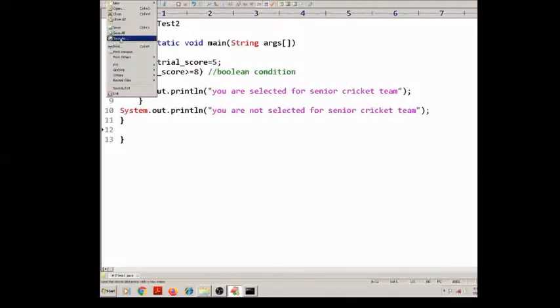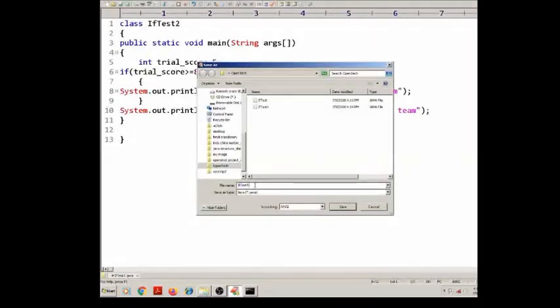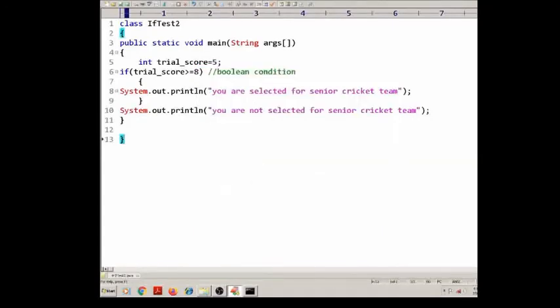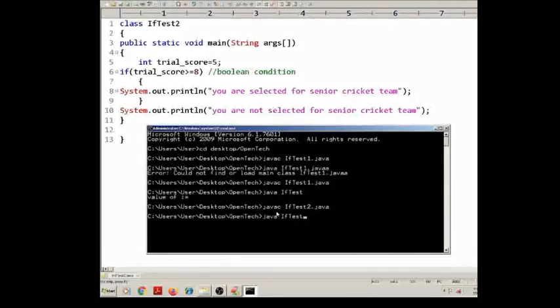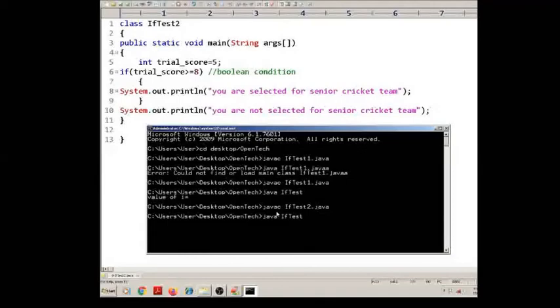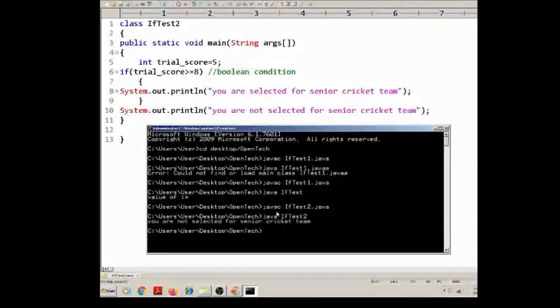Class name is Test2 and save as Test2.java. Test2.java, and again javac Test2.java. Program is compiled successfully, and now java Test2, enter. So you can see, you are not selected for senior cricket team.